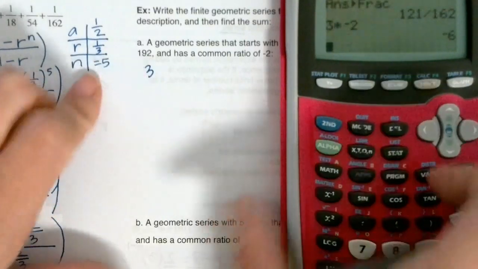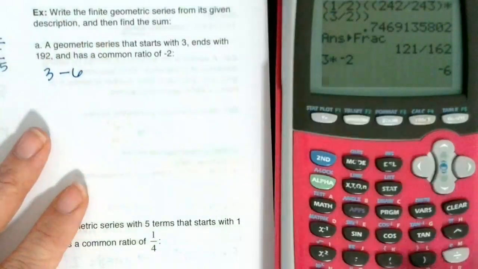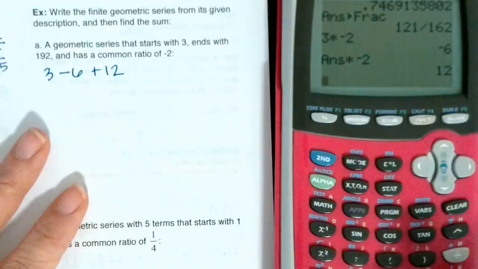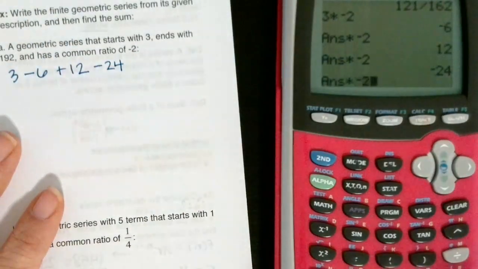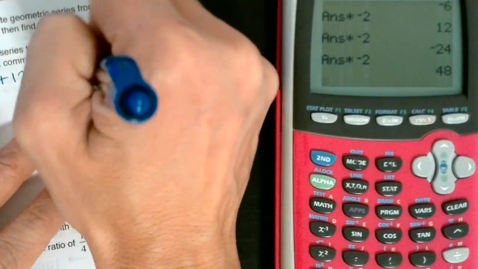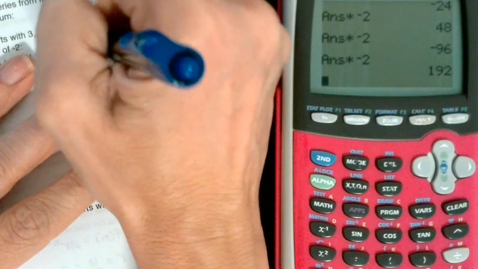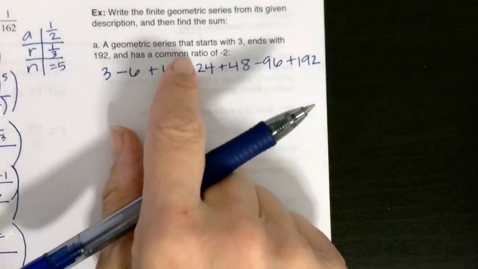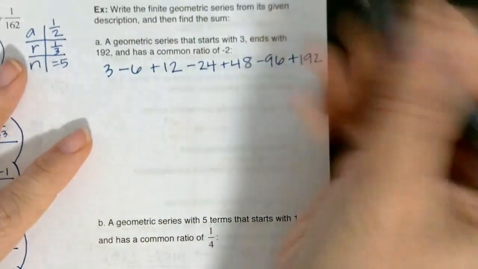3 times negative 2 is negative 6. So minus 6 because it's negative 6 times negative 2 is positive 12 times negative 2, negative 24, so minus 24 times negative 2 plus 48 times negative 2 minus 96 times negative 2 is 192. Okay, so I know I kind of put the paper off, but there is the first part where it says write the finite series. So this is the finite series,